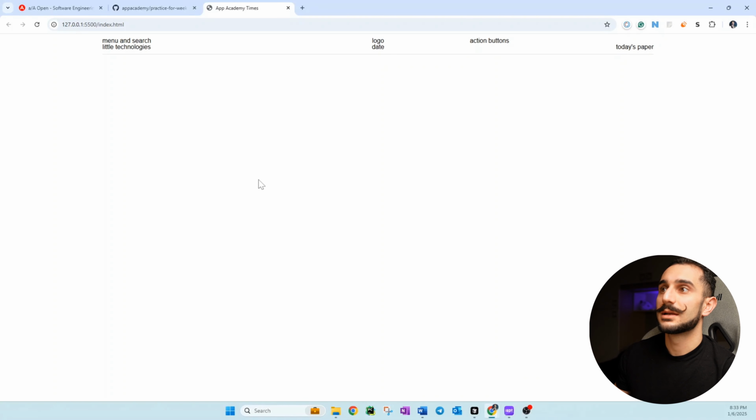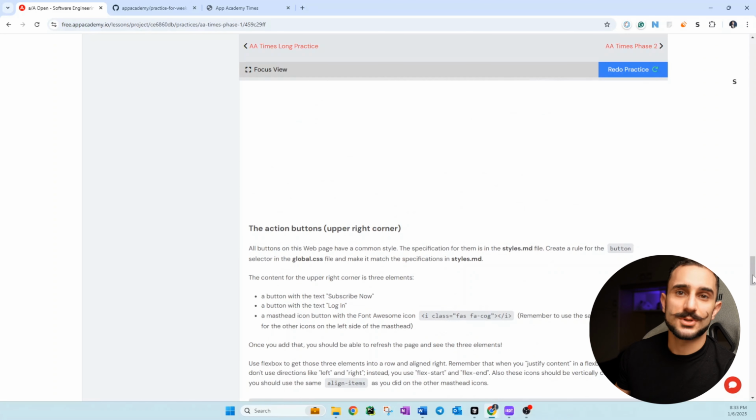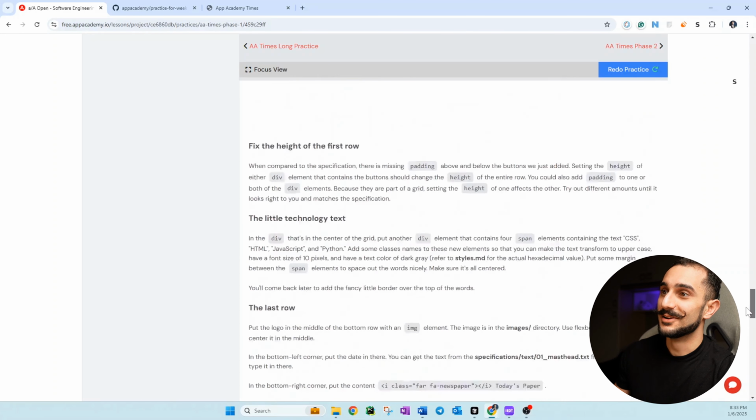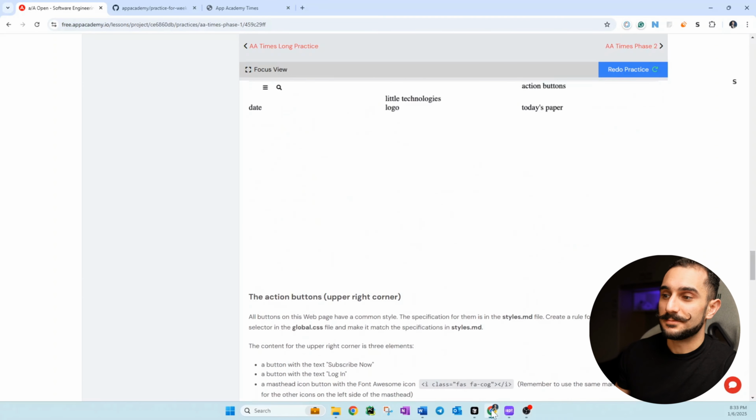So if you go back, actually even some steps further, it should be the final position of the elements, I think, because you can see there is the border. There is some padding here. I'm pretty sure Cursor was trained on App Academy, so it knows the future. But yeah, that's basically it.